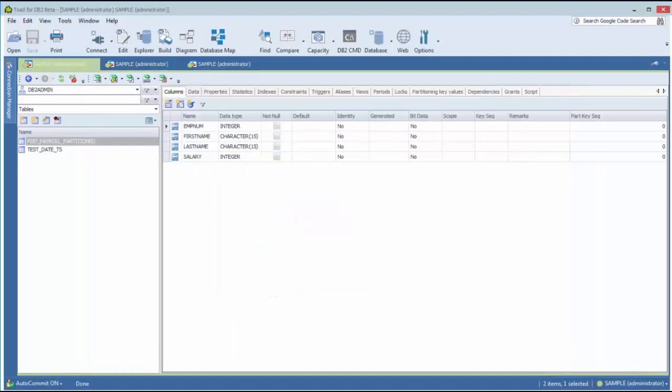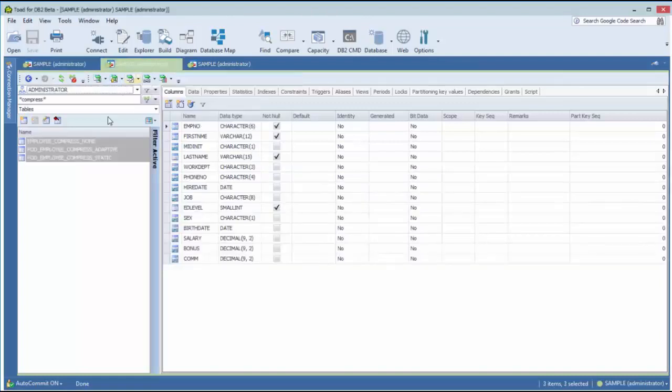Also, another thing that's important in DB2 is, DB2 has greatly improved their compression features in the last several years. However, there still are some customers and applications that have not leveraged those enhancements. With Toad, you can easily identify the tables that can benefit from using DB2 compression, and you can view the savings that compression would give you, and you can also view savings that you're already getting with your already compressed